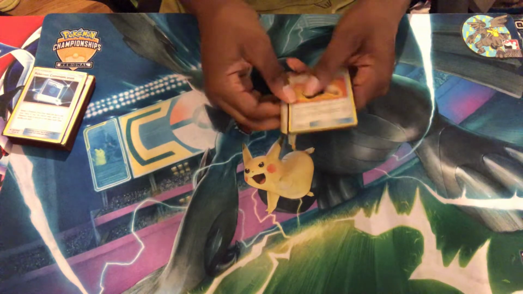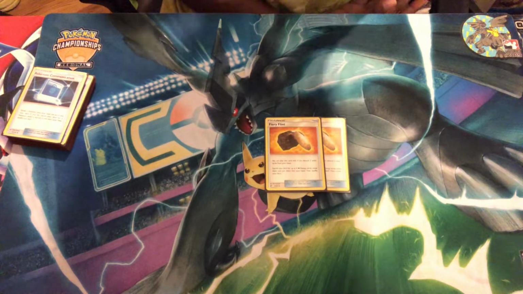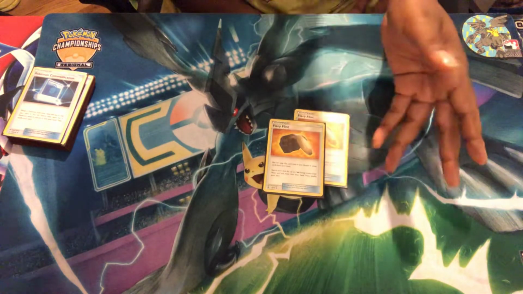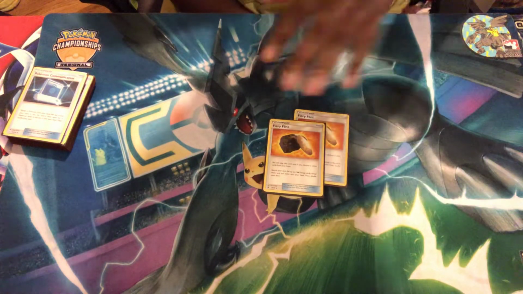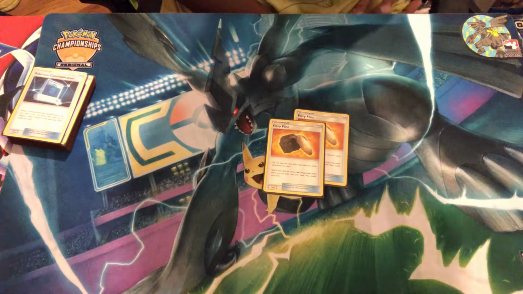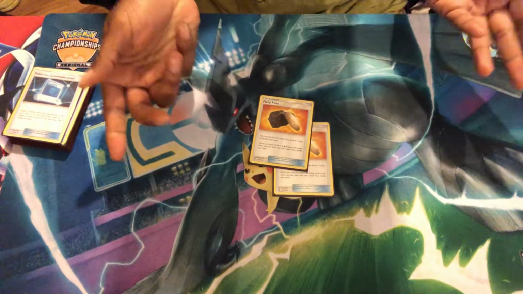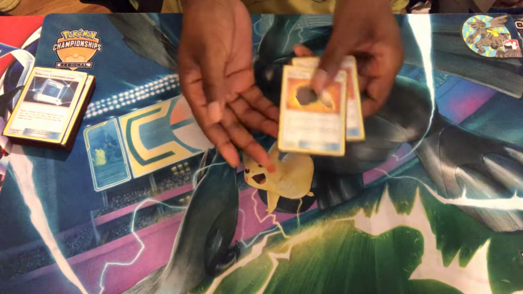Honestly, another reason why I like this is that right now I don't see any stadium that hurts this deck. Let's see, what's that called? Power Plant? Power Plant doesn't hurt this deck because this deck doesn't have any GX abilities. Lysander's Labs does not hurt this deck because we don't have any Pokemon tool cards. I haven't seen any other stadium that could really hurt this deck. Well, Black Market Prism, but that affects your opponent. But yeah, as far as that, this card is just...